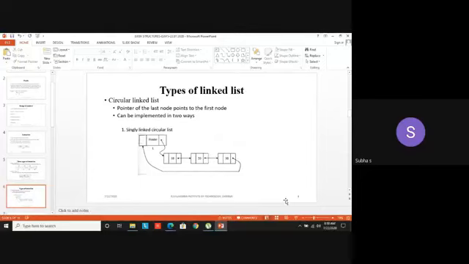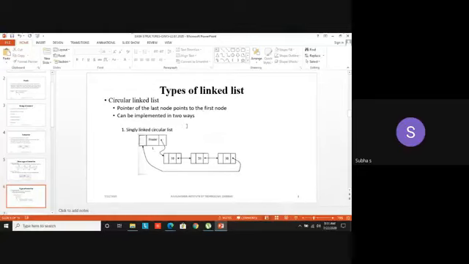Assume that you 10 students are standing in a straight line. That is a list, a normal list, a linear list, a singly linked list we can see. But if the first student is connected to the second, to the third, like that, as if you have some rope. Suppose you are joining hands: the first student's hand joined with the second, the second with the third, the third with the fourth. Finally, the 10th student will be there. If the 10th student's hand is joined with the first student, then it forms a circle. Yes, that is called a circular linked list.